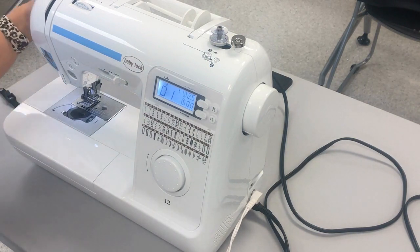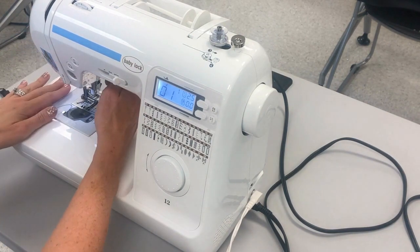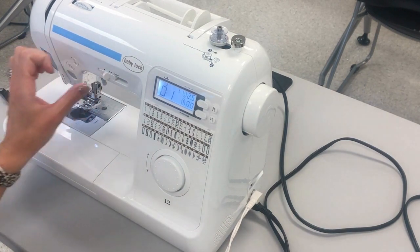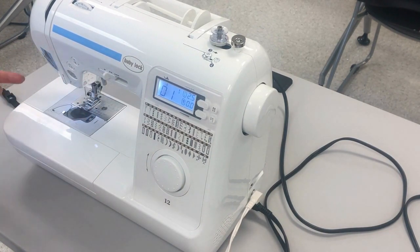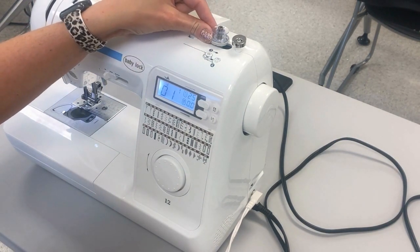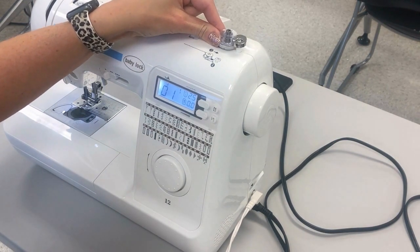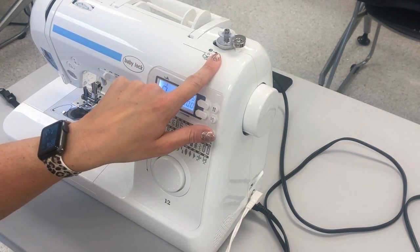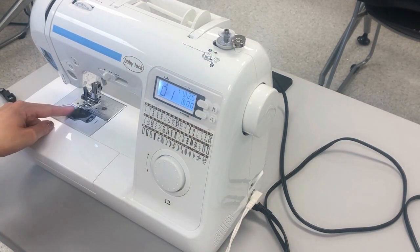So I'm going to lower my presser foot. I'll teach you how to do it later, but I lower my presser foot and I put my foot down on the foot pedal. If you'll notice, the needle goes up and down, up and down. However, if I take my bobbin winder and push it into the engaged position over in the right, and now I put my foot on the foot pedal, the bobbin winder starts to spin, but the needle does not move